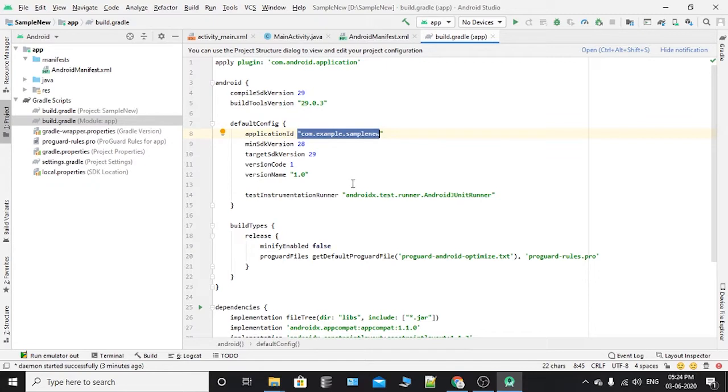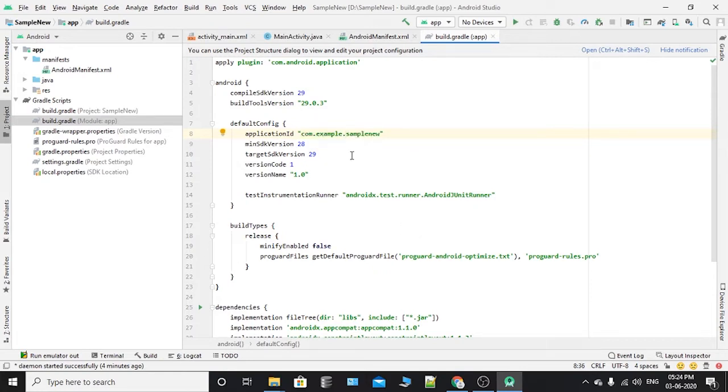After the build tools perform this task, they replace the package value with value given application ID, which is in build Gradle. So the final value for the package attribute must be universally unique, because it is the only way to identify your app in system and Google Play. So these two must be same.